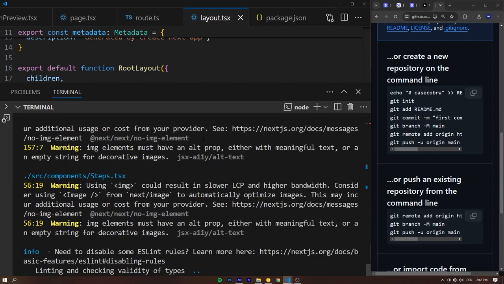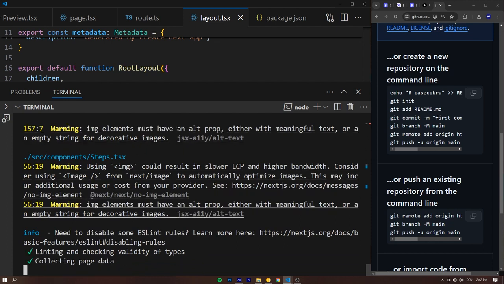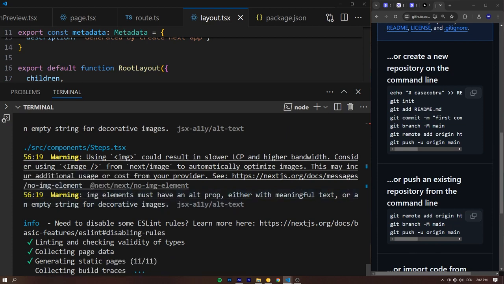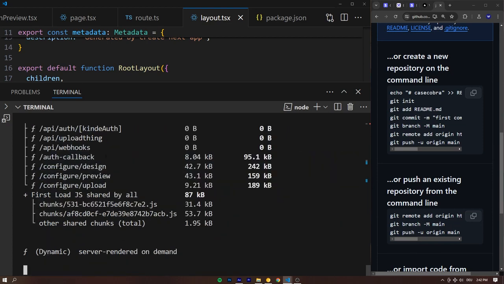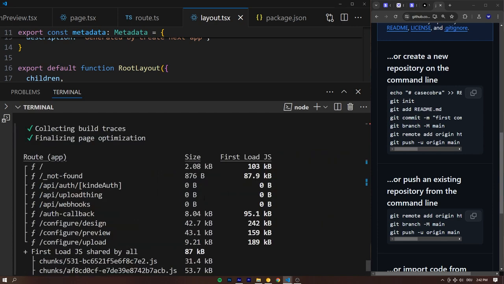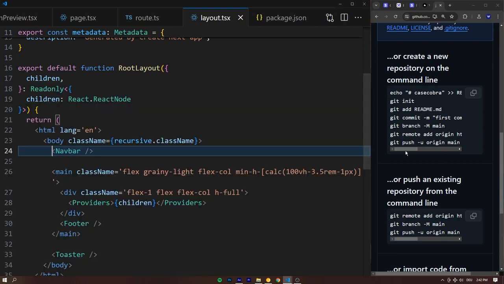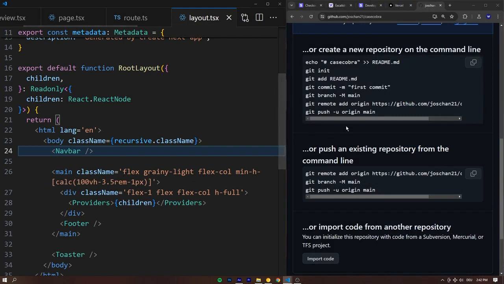Great, so linting and checking validity of types, it gives us the Next.js image warning, which again is totally fine. This is intentional that we're ignoring that, and that's also something we can disable, by the way. Maybe we should. It would make the build look nicer. And there we go, our app built successfully, done in 50 seconds. Beautiful. What that means is we're all ready to push our code into remote,